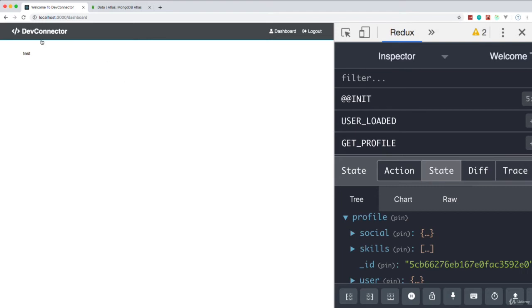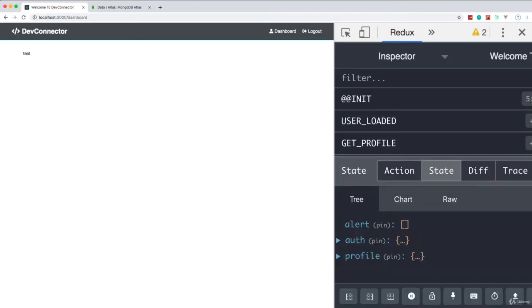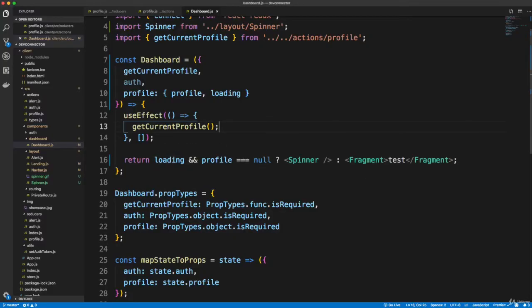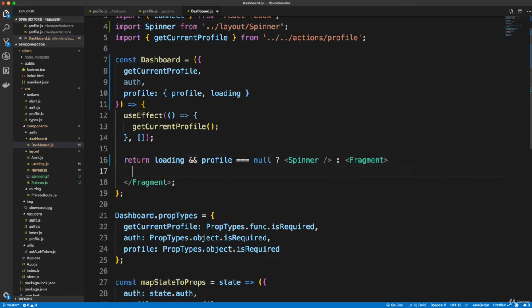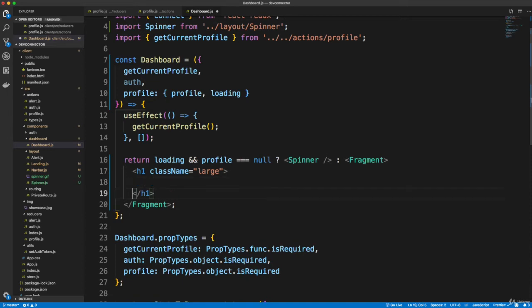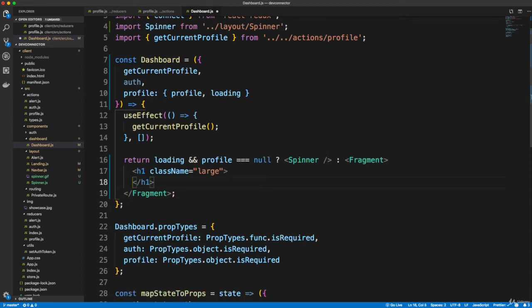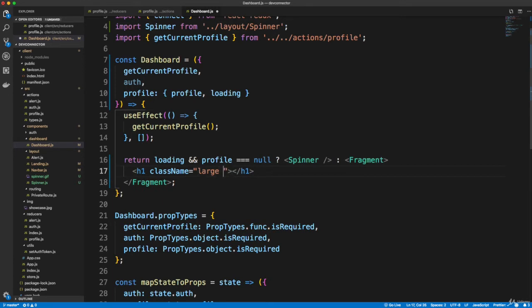Okay, so while that's happening, we're going to see that spinner graphic, and we're going to do this in a couple places throughout the application. Okay, so now what goes in the fragment? This stuff is in the theme, but I'm just going to type it out. So we'll do an H1 with the class of large, and let's put also a class of text-primary, which will make it that greenish bluish color. I'm going to say dashboard,